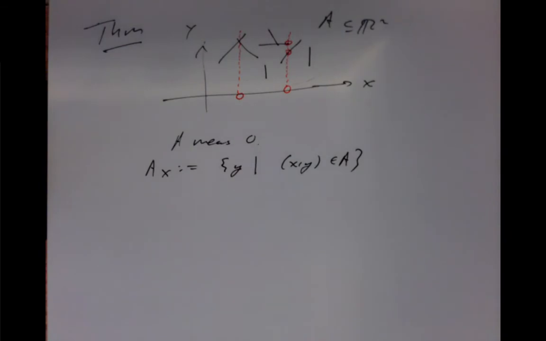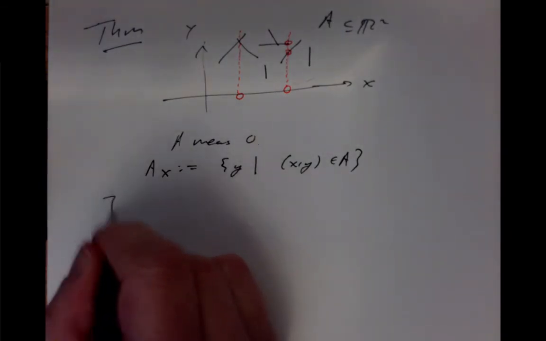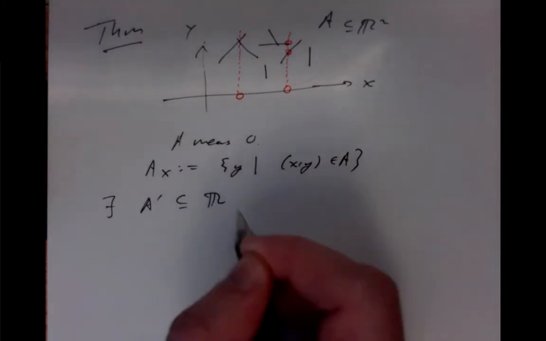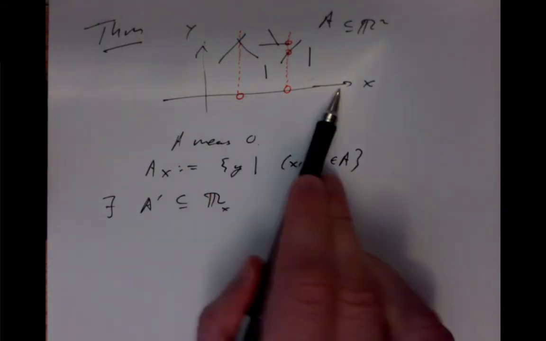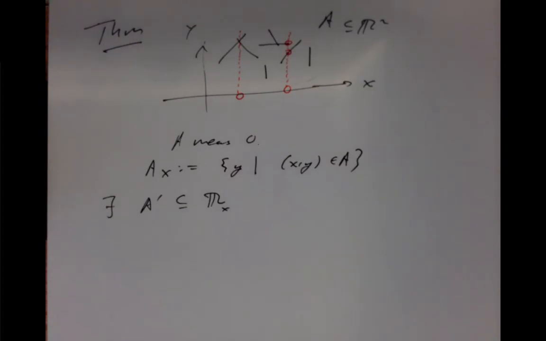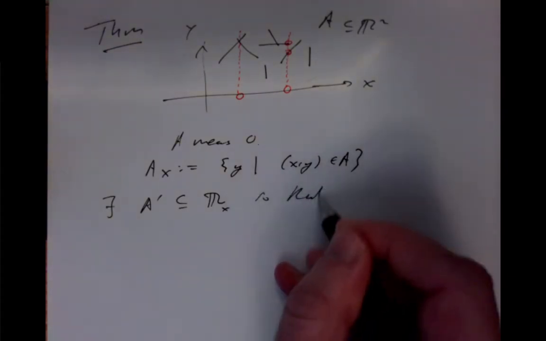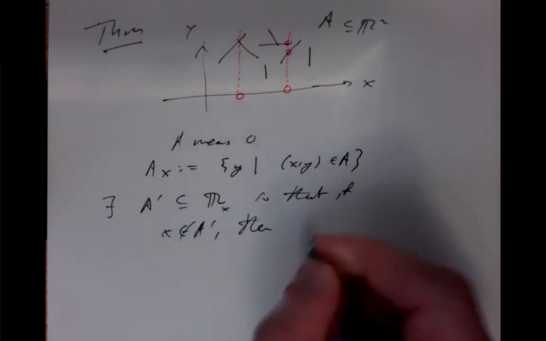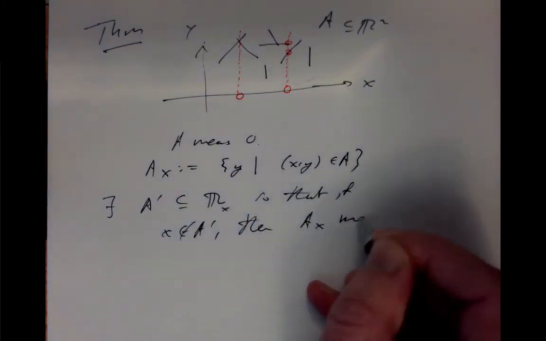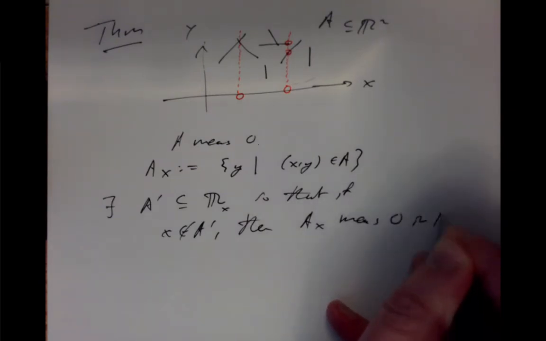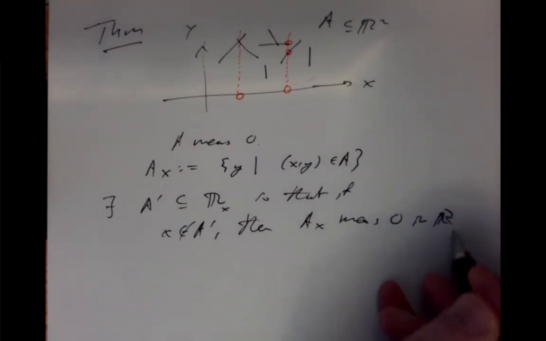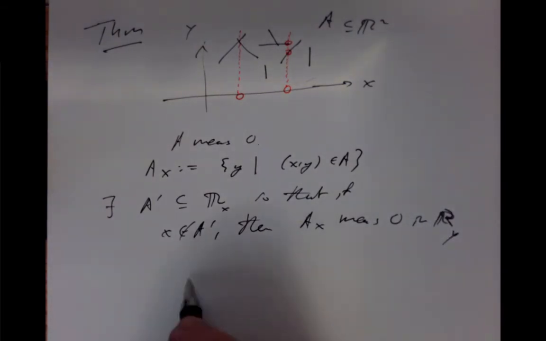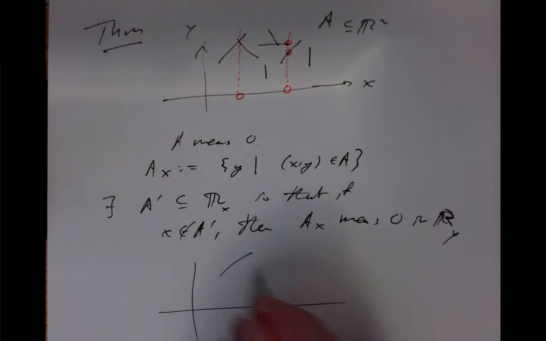So what we want to say is that there exists a set A prime contained in the real axis, the x-axis, so that if x is not in A prime, then this A_x is measure 0 in the real number line in the y variables. So in our picture, what we're saying is that we have some sort of set,